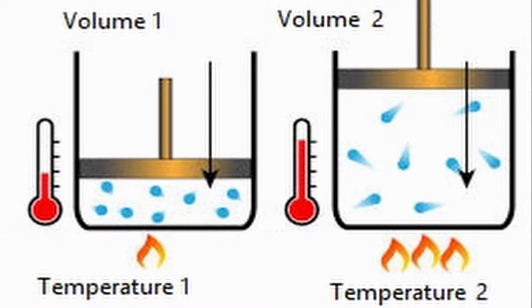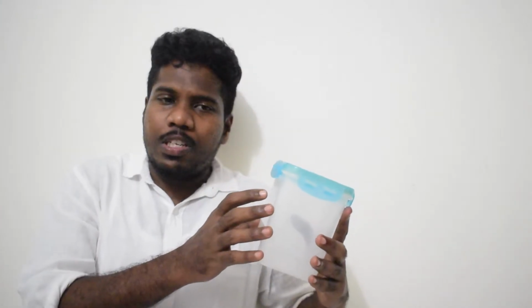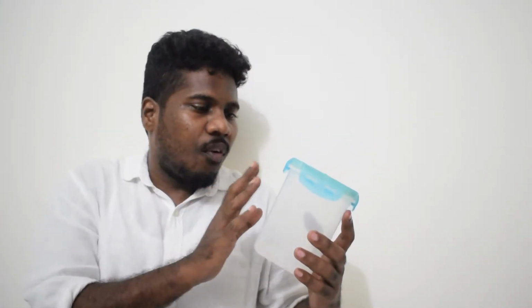What happens when it increases in temperature is that the gas molecules absorb this heat energy, and because of that they start moving very fast inside this box. Now we cannot see the gas molecules, but what happens when heat energy is provided? These gas molecules start moving in a very fast manner inside the box, and because of that the space or the volume of this box will not be sufficient for this number of gas molecules present inside the box. Imagine this.